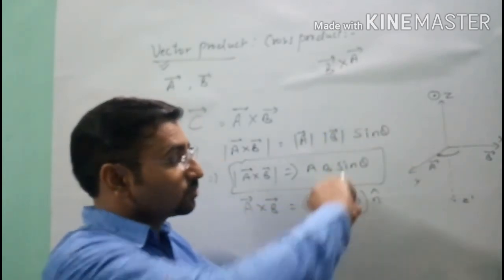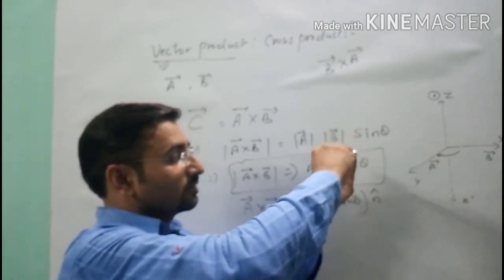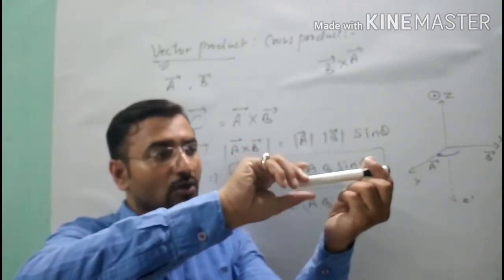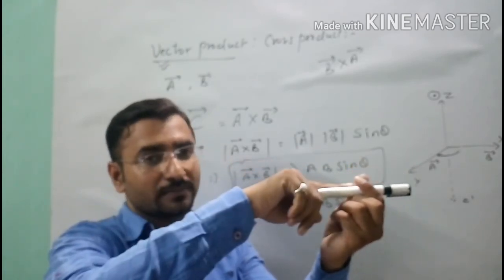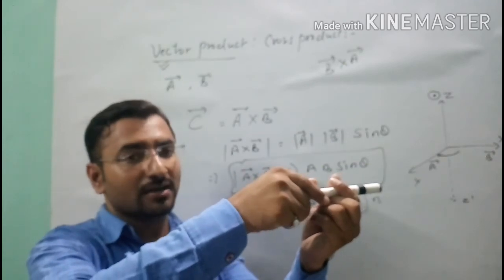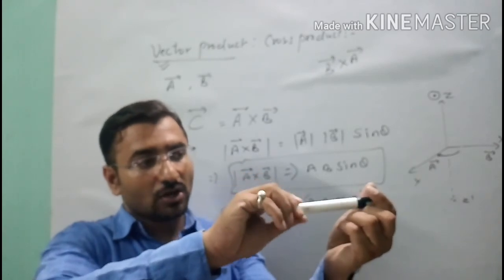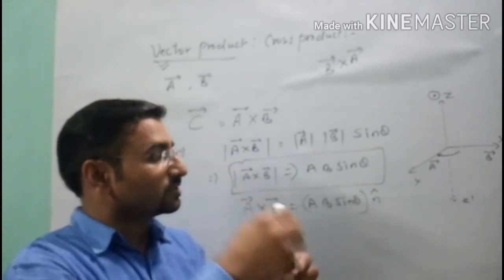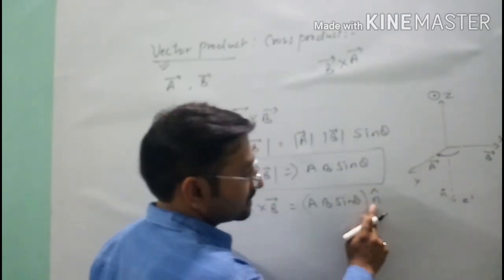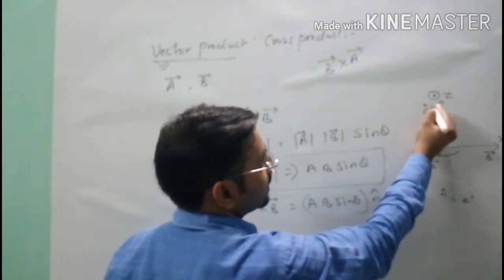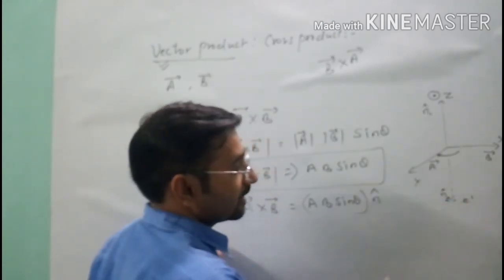So that time, listen student, now you are rotating your screw in the clockwise direction, then you will observe that the screw will move inside, means inward to the plane. Point is clear? When you rotate it in the anti-clockwise direction, it will come out. When you rotate in the clockwise direction, it will go inside. So that time the direction of n cap is opposite to the initial condition. Suppose here I am writing n1 and here I am writing n2 cap.